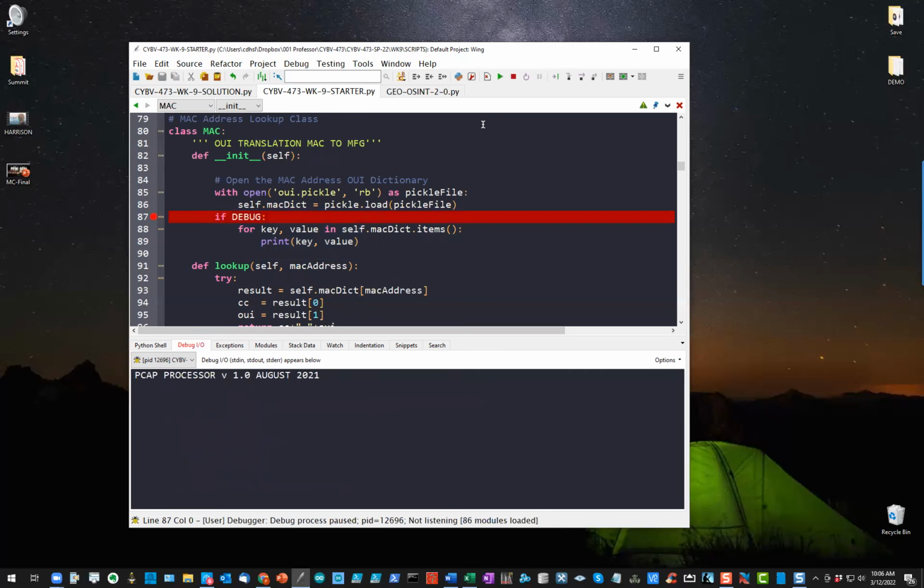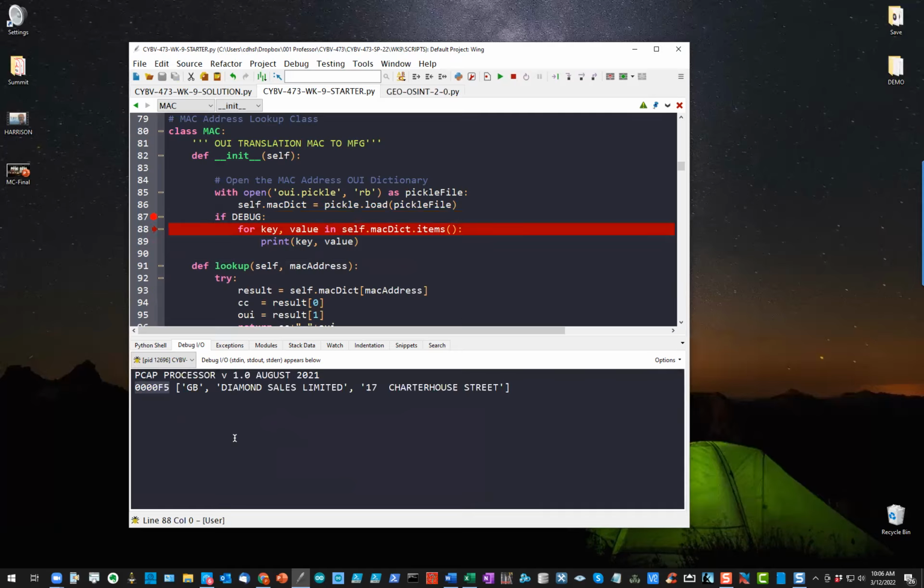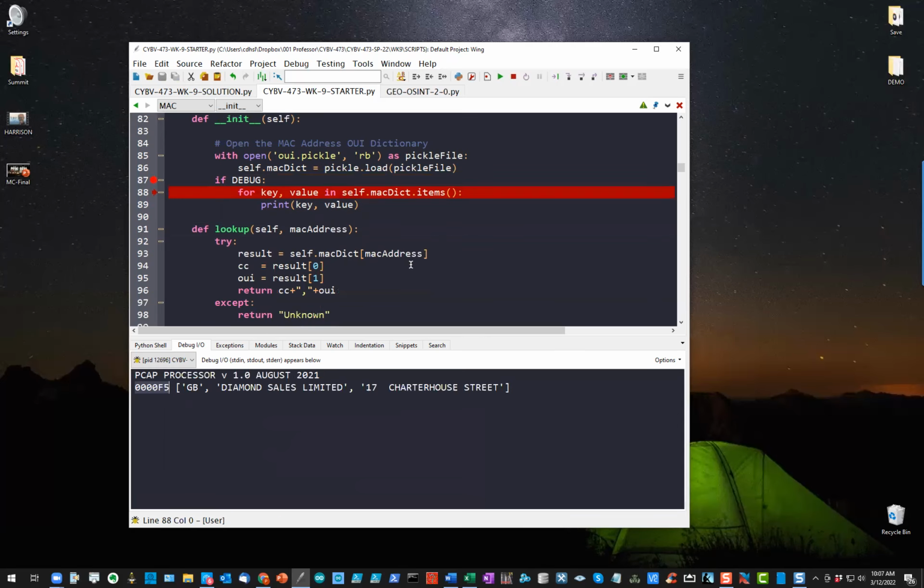So whenever you're curious about this, in this case, we loaded in the OUI, which is the organizational unit identifier that is available to let us know what each MAC address relates to. There's quite a bit of information in here. So now I can get the key value pair. And when I look at the key, right, it's basically the MAC address. It's actually the first three bytes of the MAC address basically gives us the manufacturer. But there's a lot of information in the value portion of the MAC address